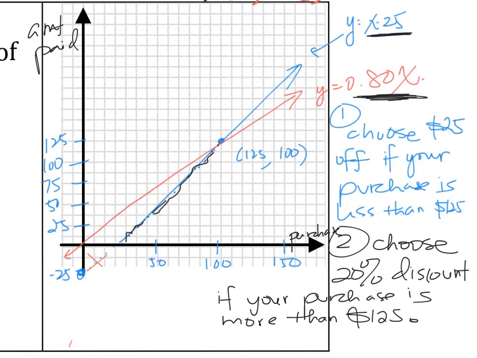Because according to the graph here, if you pay more than $125, the amount that you actually pay, for example,